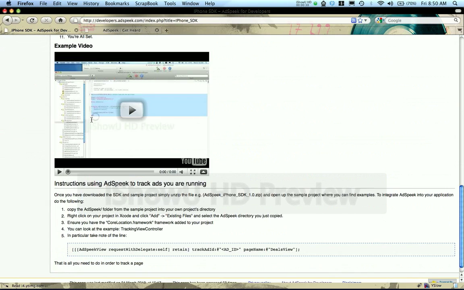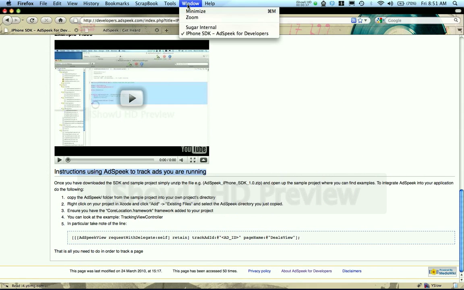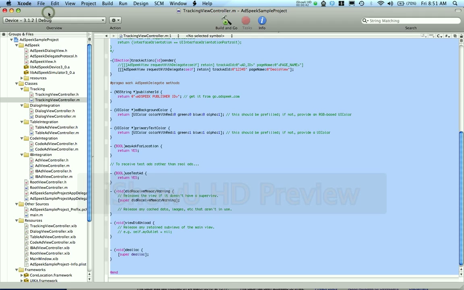And today in particular, I'm going to be talking about, at the bottom here, the instructions for using AdSpeek to track ads you're running. So let's go ahead and get started. I'll open up Xcode here. This is the AdSpeek sample project that ships with the AdSpeek SDK. And you'll find several samples including how to show ads through dialog integration, table integration, code integration, and Interface Builder integration. Today I'm going to take you through how to use the AdSpeek SDK to track ads and views within